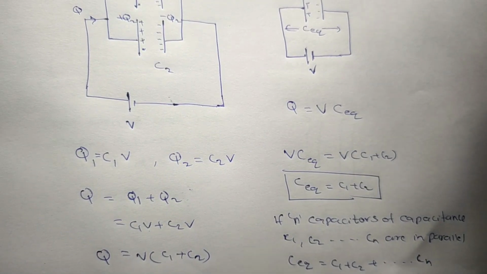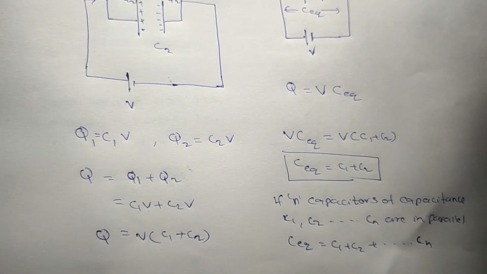That means just add the capacitances. That is the net capacitance of capacitors connected in parallel. Clear? That is about the combination of